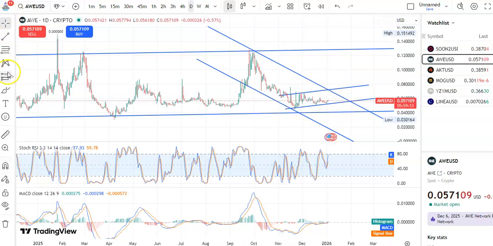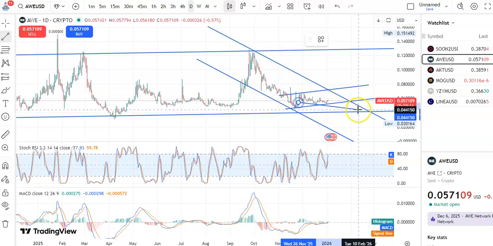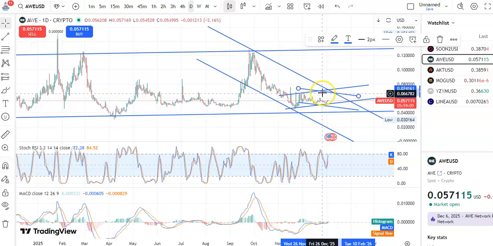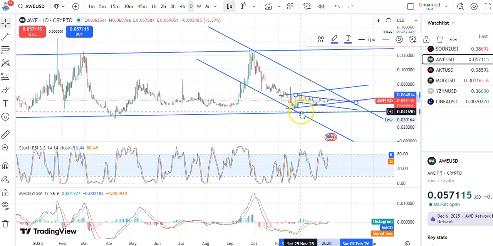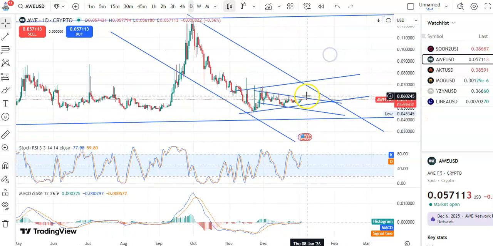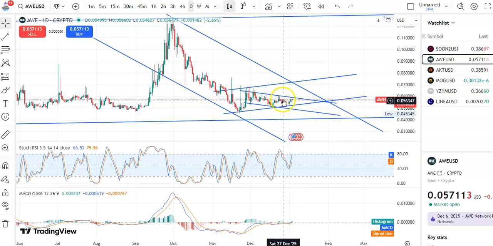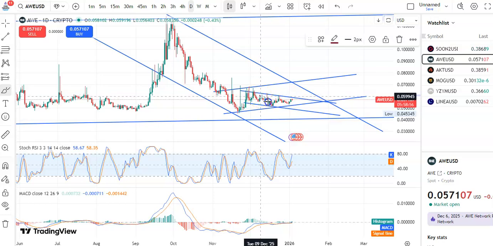So this is the support trend line and this is the resistance trend line. So within this channel pattern only the fall is taking place. Here you can see the candles almost near the resistance level. You can see that after this breakout the candles came down to support, again it went up, the fall happened, again the